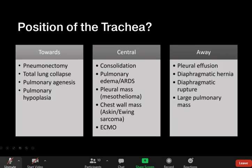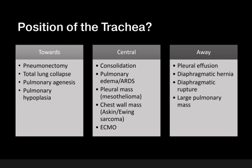Okay, so I like your approach that when you see an opacified unilateral hemithorax, you look at the side, the laterality, and then focus on the airway. So you gave the differentials on how to approach them. Very good. Now guys,